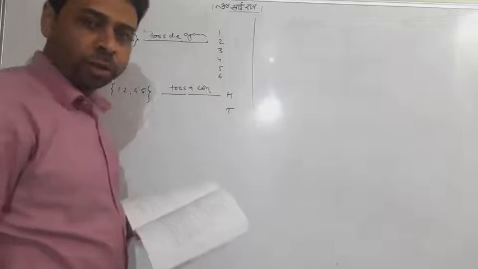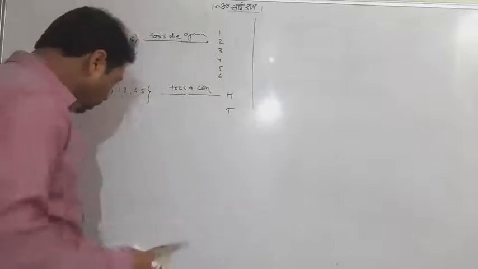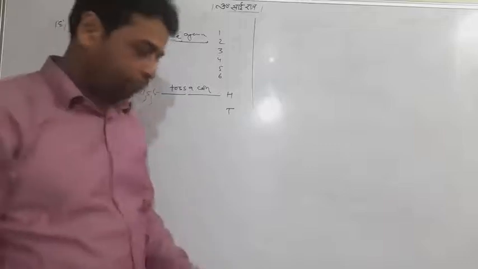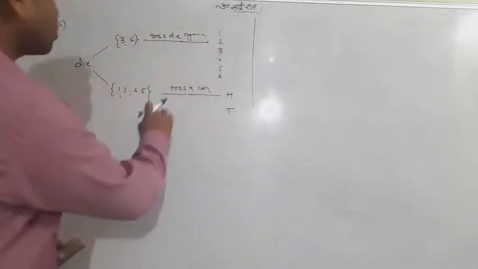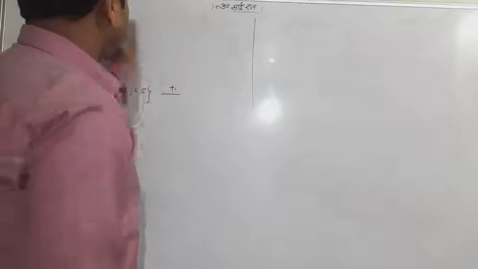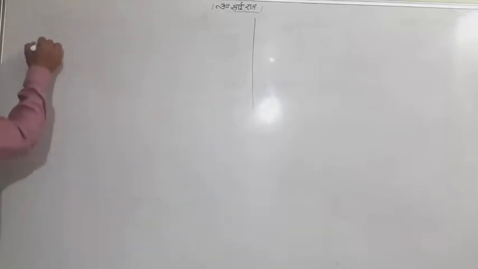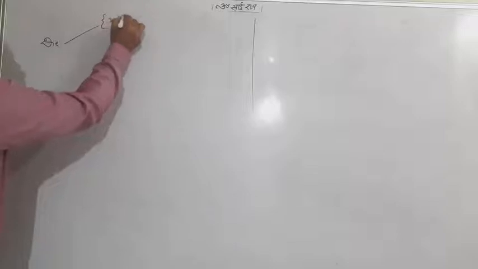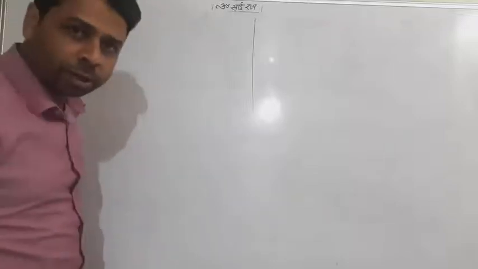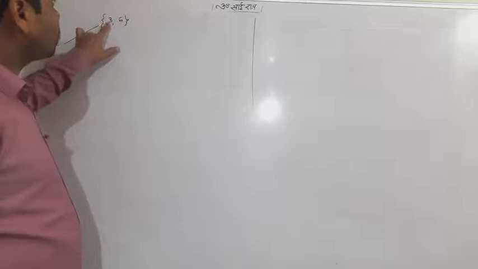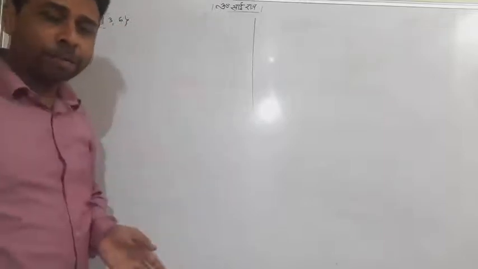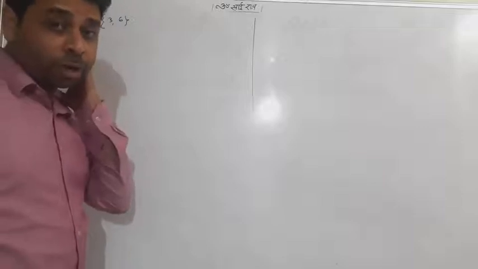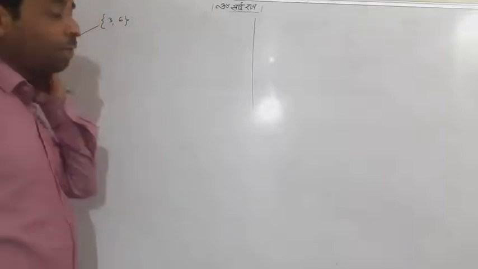It's actually a tree. So we'll try to make the tree and tell you what kind of probability there may be. Look, I'll tell you one by one, first in rough structure. What is happening? It is a die, and either 3 or 6 will come, a multiple of 3. So look at first, 3 and 6 are the multiples of 3.